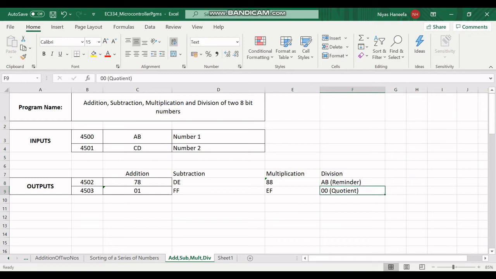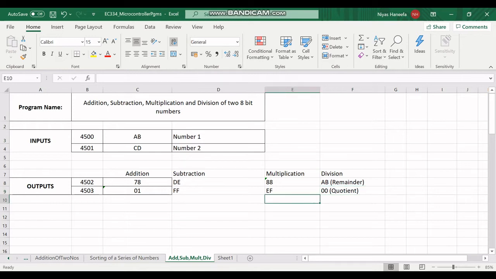During the discussion session, understand how exactly, when you are dividing, you can verify the same in the calculator. Now I told you AB is the remainder and 00 is the quotient. But in the next lab, I am going to ask you, if you divide a hexadecimal number AB by 15, what will be the quotient and what will be the remainder? You have to think yourself how you are going to do it in the calculator.